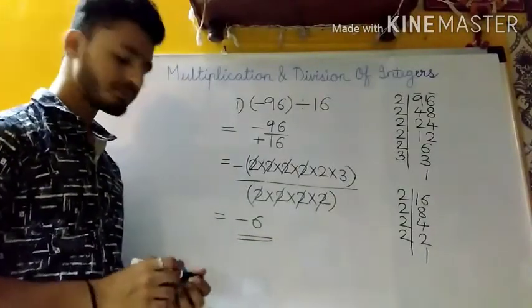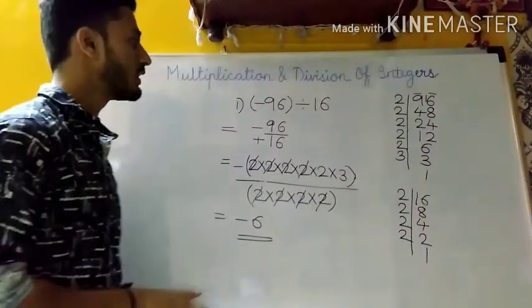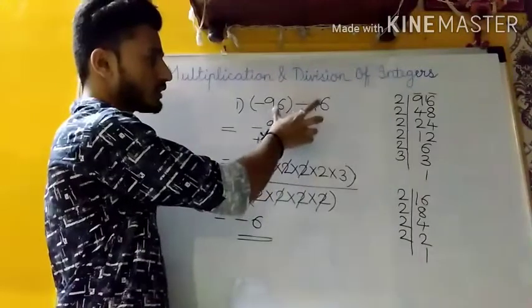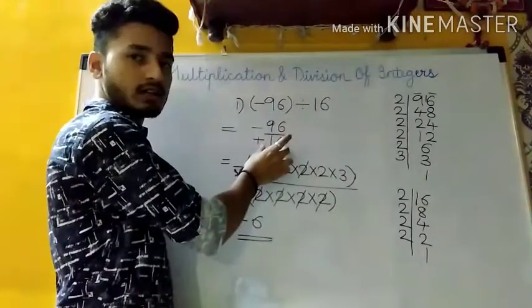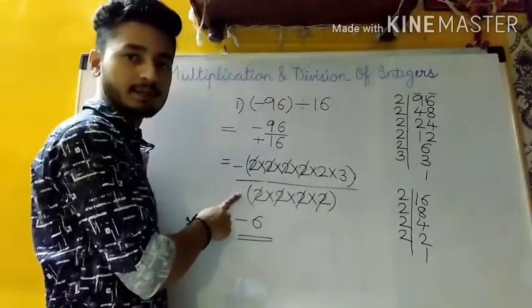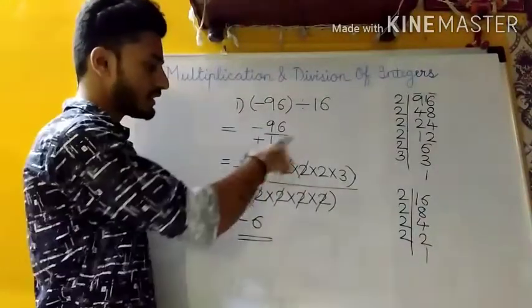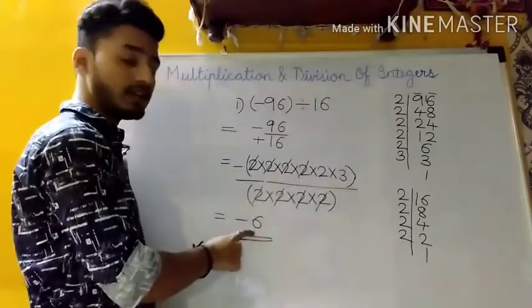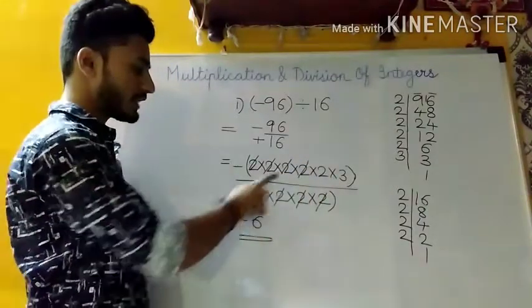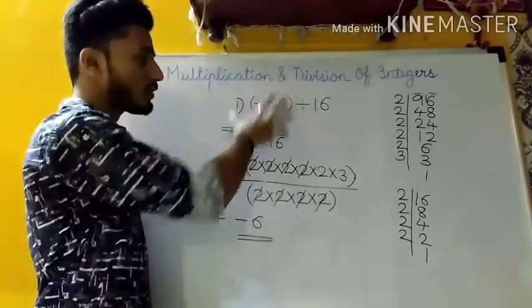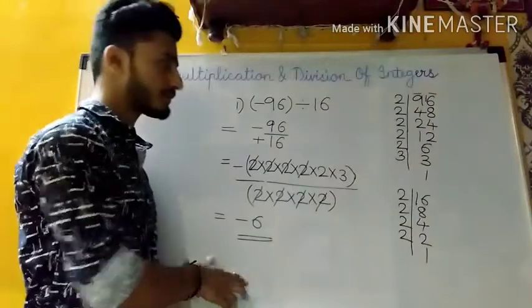Understanding, everyone? We will just give a short revision. First, we wrote the question in the form of numerator upon denominator. Then we found the prime factors, and then we cancelled out the common terms, and then whichever terms were remaining we multiplied, and we wrote the sign first and the multiplication afterwards, and we got our final answer. So this is how you are going to carry out the sums.